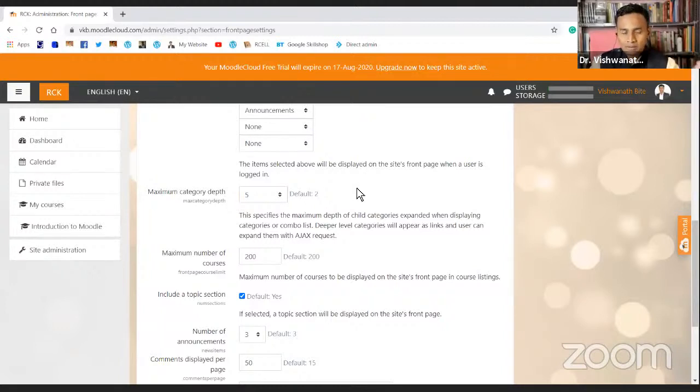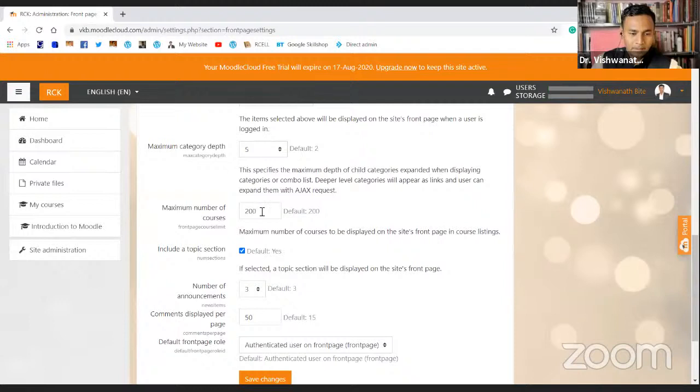So arts, commerce, science, all the 3 faculty students will have their own, different categories. One for faculty development, so that any faculty development programs or anything like that will be available through Moodle for anybody for that matter. And see, maximum number of courses, by default it is 200, but you can offer many more courses.